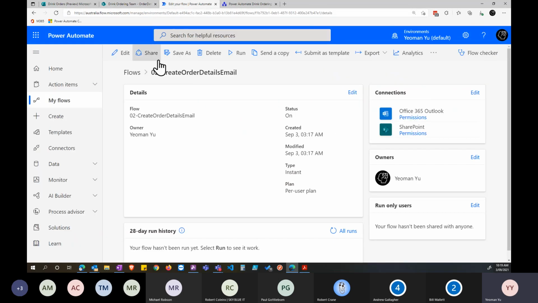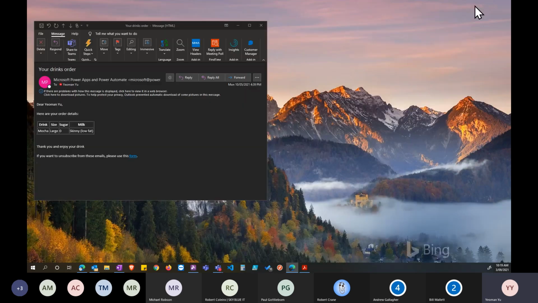And based on all these flows that we have created, at the end of it, whoever owns the cafe, for example, should get an email just like that. So it will be a drinks order that says, here is an order, and the order is then placed with the owner of a cafe, for example, and then they can make the order and you can go and pick it up and pay for it, just like that.